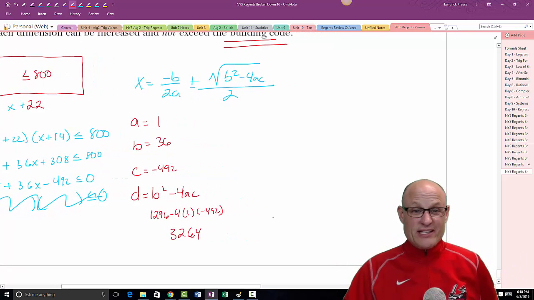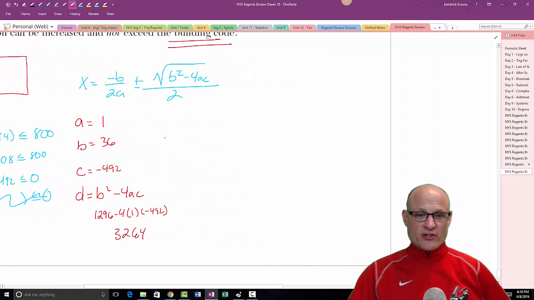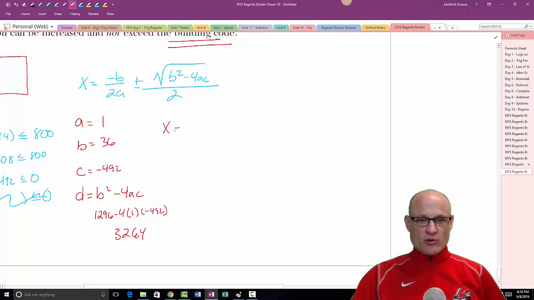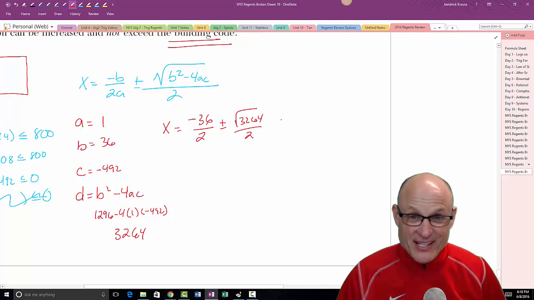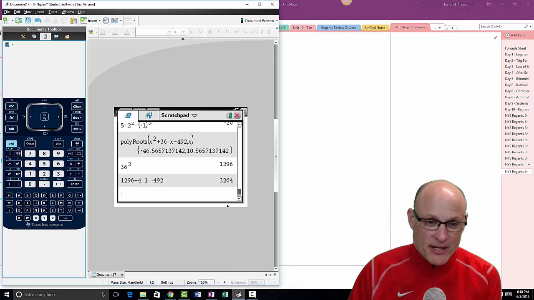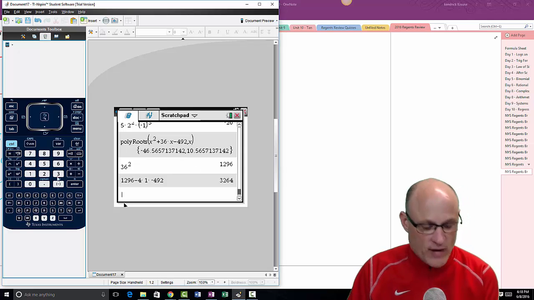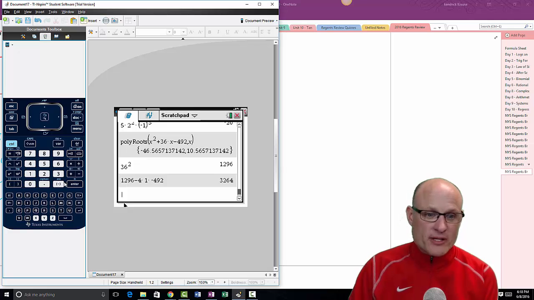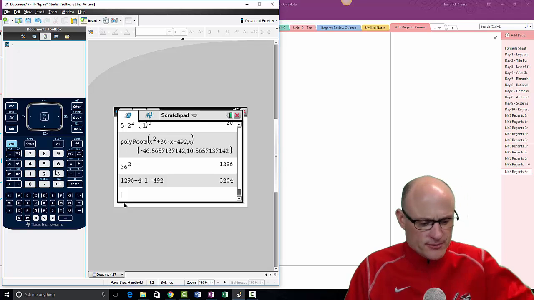This was actually a really easy 6-point question. So you get x equals negative 36 over 2 times 1 plus or minus the square root of 3264 over 2. Well, I just got to figure out what that's equal to. I've already done the math, but you have to type it in your calculator. So just to make sure you did the quadratic formula correctly, you're going to do